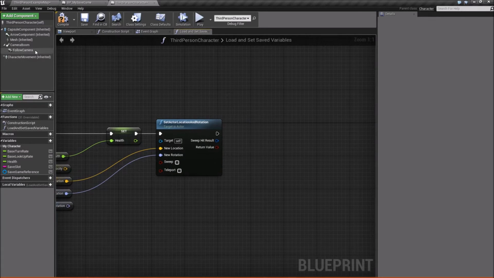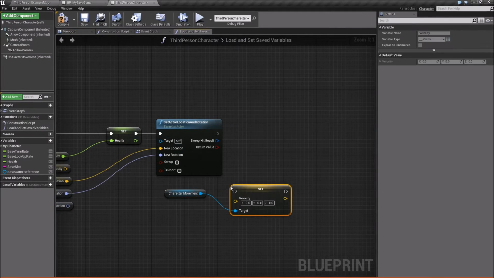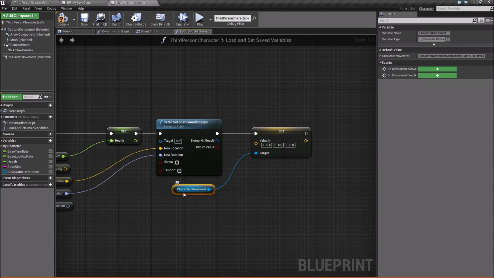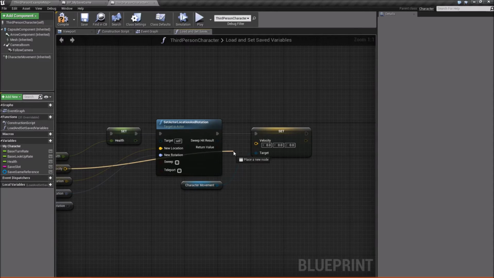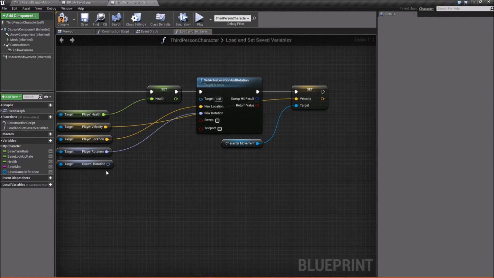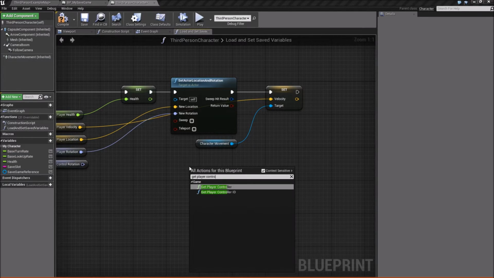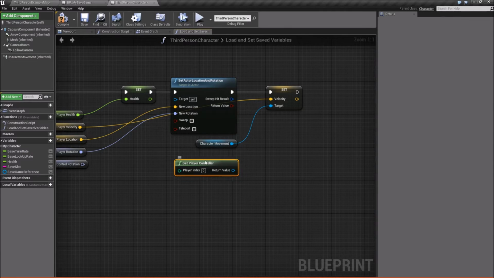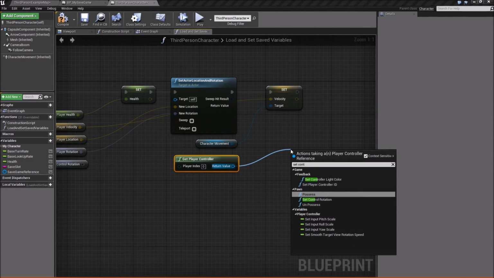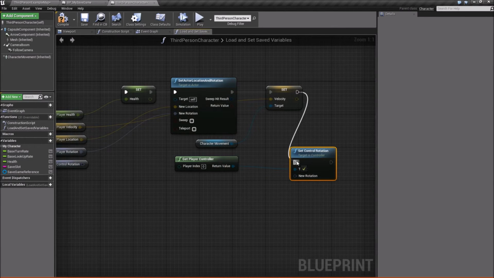Okay, I guess I'm not really going in order here, but we'll plug in the location and rotation. For the velocity one, we need to get our character movement here. Say set velocity, I believe. Yeah, I want to say this is right. Plug that in. And then the last one here, whenever you want to set a control rotation, you need a reference to your player controller. So we'll get our player controller, add index 0, and we'll say set control rotation. Here we are. Plug that guy in,